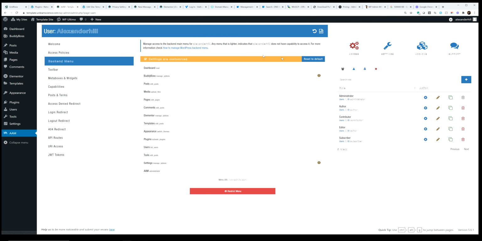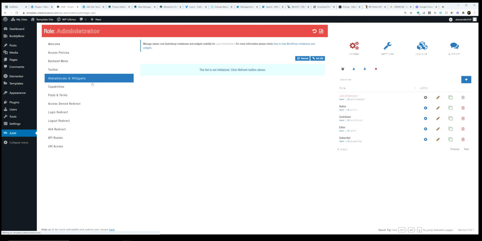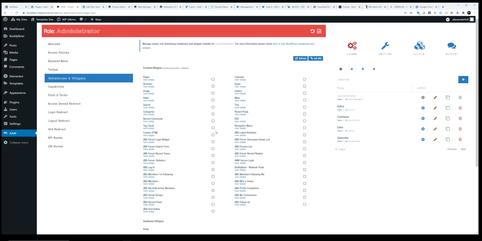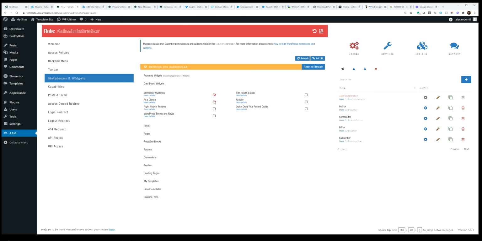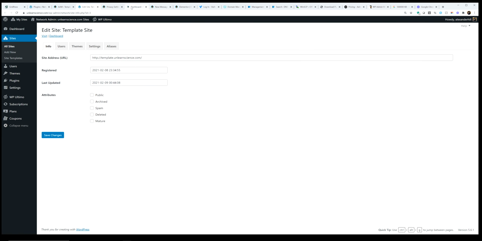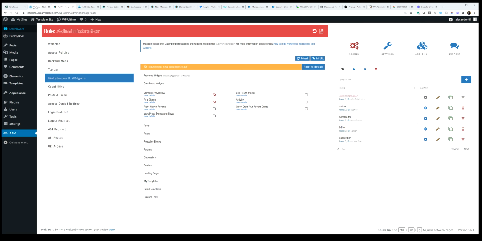So last but not least, we go back to administrator, go to meta boxes and widgets. Let's refresh. So these are the front end widgets. You don't really need to mess with that. But you do want to change the dashboard widgets. We don't want them to see anything on the dashboard. So if we go to dashboard, everything on this page here, we want to kind of just make that go away,